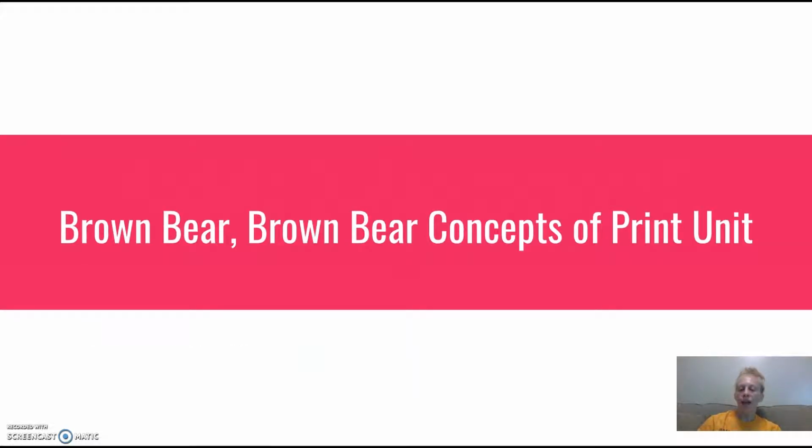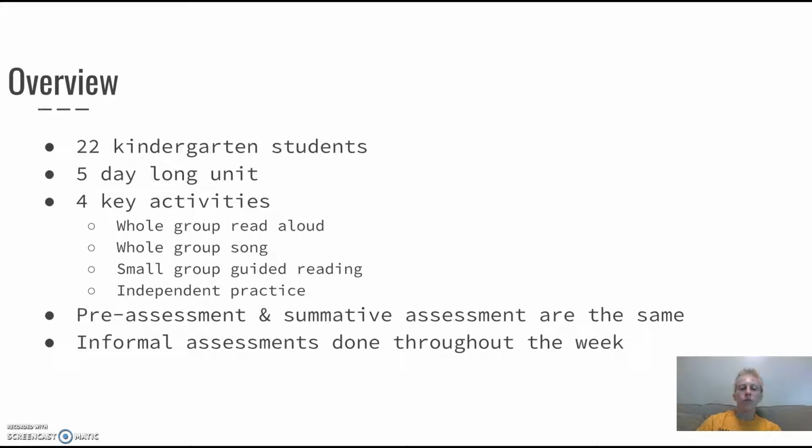So the unit that I chose was Brown Bear, and it's a Concepts of Print unit. A little overview about it. It was for 22 kindergarten students. It was a 5-day long unit that had 4 key activities. Those activities were whole group read aloud, whole group song, small group guided reading, independent practice. There was a pre-assessment and summative assessment that were the same, and then there was also informal assessments done throughout